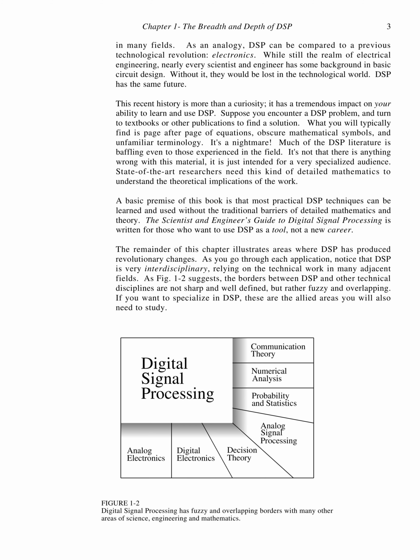The Scientist and Engineer's Guide to Digital Signal Processing is written for those who want to use DSP as a tool, not a new career. The remainder of this chapter illustrates areas where DSP has produced revolutionary changes. As you go through each application, notice that DSP is very interdisciplinary, relying on the technical work in many adjacent fields. As Fig 1.2 suggests, the borders between DSP and other technical disciplines are not sharp and well-defined, but rather fuzzy and overlapping. If you want to specialize in DSP, these are the allied areas you will also need to